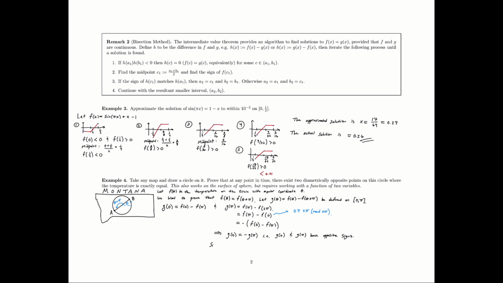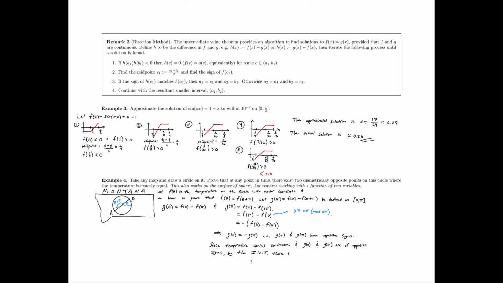So I'll say, since temperature varies continuously, and g of 0 and g of pi are of opposite signs, by the intermediate value theorem,